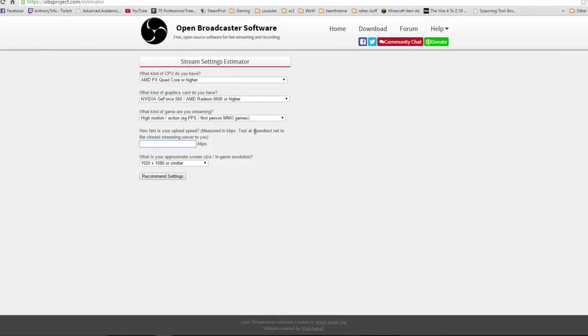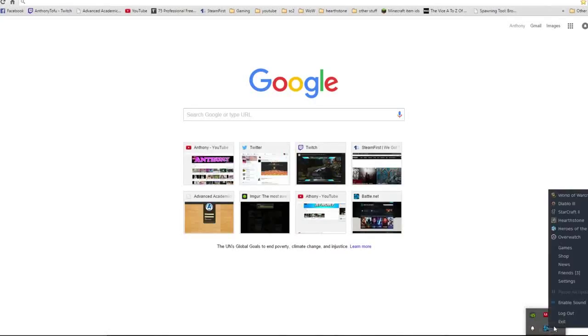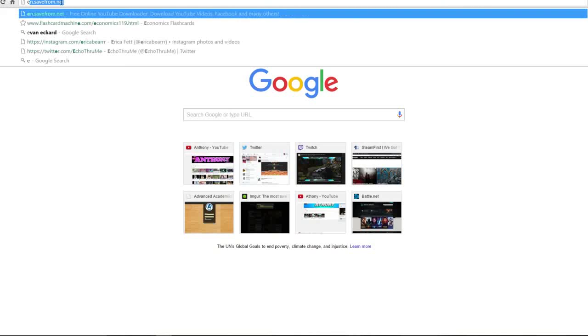It tells you to just use speedtest.net to do it. I guess you can, but I don't really see how accurate that is. I've never actually used it. So I'm gonna do a little bit of preparation here and just make sure that nothing unnecessary is on. I don't think this matters too much, but I'm basically not gonna have on anything that wouldn't be on while I'm streaming, just to see if that skews the